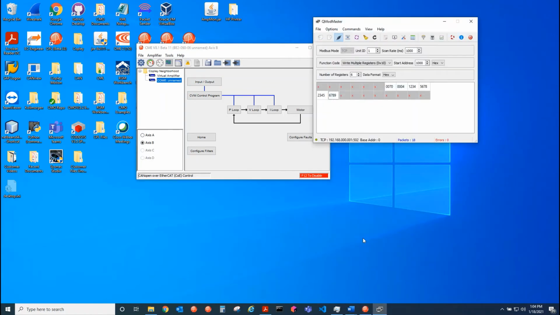And so I selected write multiple registers, start at address 1000, and then let's go to the second, so unit ID 2, because I'm talking to axis B, right? So axis 1, or axis A, is unit ID 1, axis B is unit ID 2. If I had more axes, it's pretty straightforward. So first you write to 1000, you write the parameter, so 70 is output 1, and then 4 for the position window, and then the positions